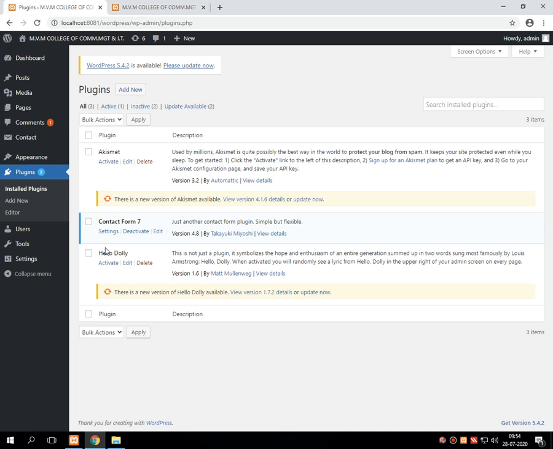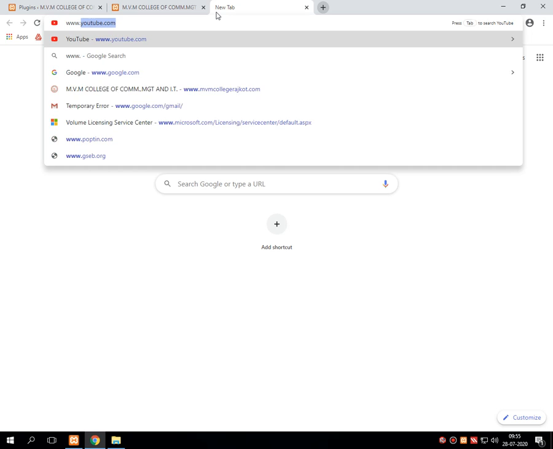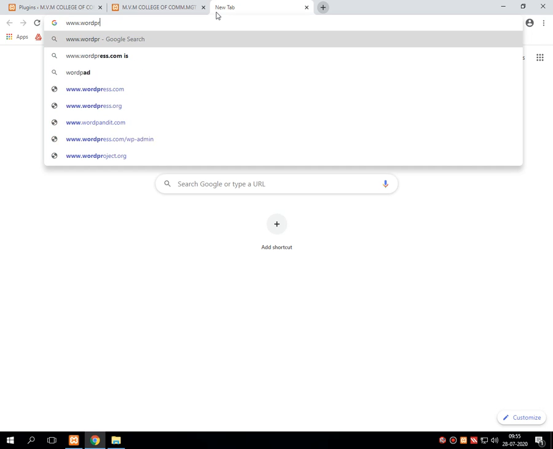What we have done, first of all, by logging into WordPress, we visited the core plugins. In the plugins, by default, two plugins get installed, which are Akismet and Hello Dolly. These are the default plugins provided by WordPress. Then we opened the official website of WordPress, that is wordpress.org.